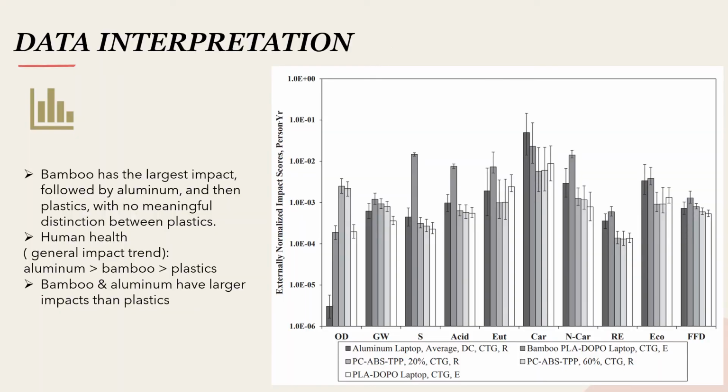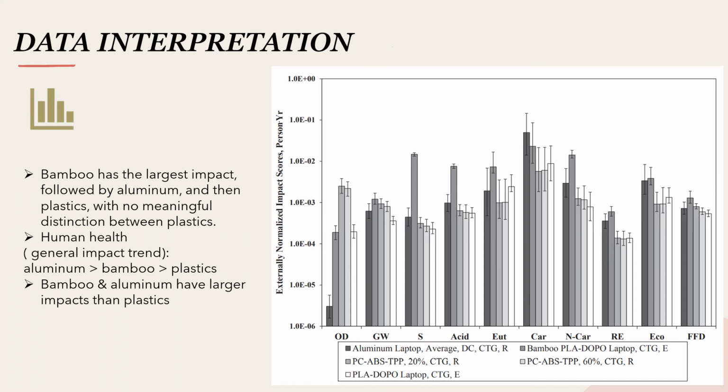So now to summarize all of those materials into one graph, we're going to go on to the data interpretation. So this graph shows the final results of all the raw materials. So we could see that bamboo has the largest impact, followed by aluminum, and then the plastics with no meaningful distinction between the plastics. However, when evaluating the human health of the impacts from the carcinogens, it has the largest